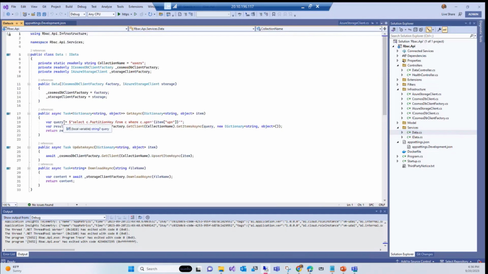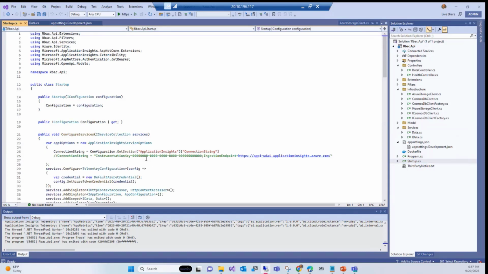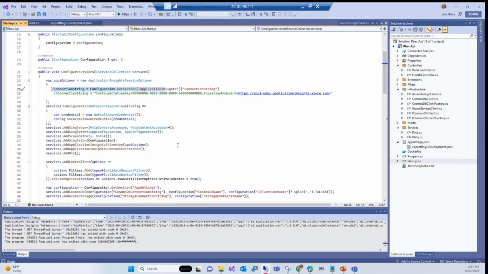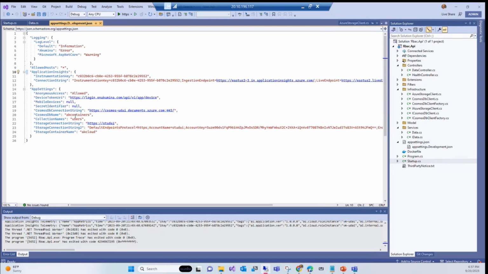We have a CosmosDB select, right? We're going to pass some endpoint and we're going to select it and see whether it works, and we're going to write some raw data, right? And then some blob download, just for illustration purposes. And then for App Insights, we read the connection string and we set it over there. But also, if you look at it, we have the CosmosDB, and then we set the CosmosDB connection string. But you may ask, I don't have a full connection string, how is this going to work, right? That's a great question.